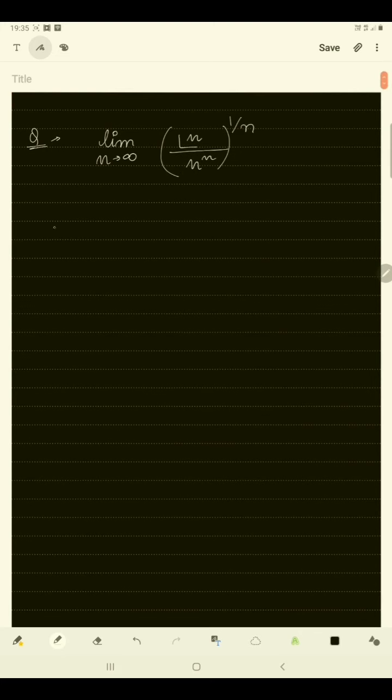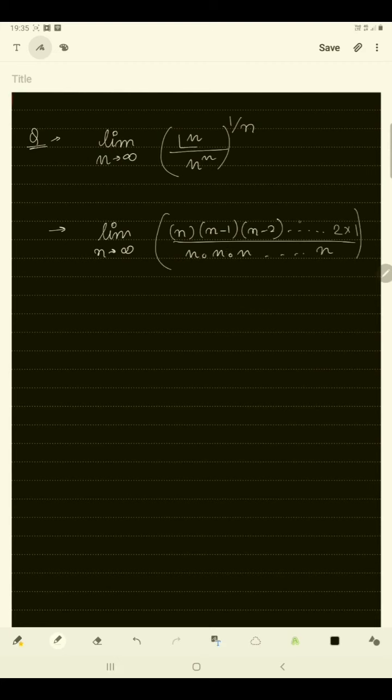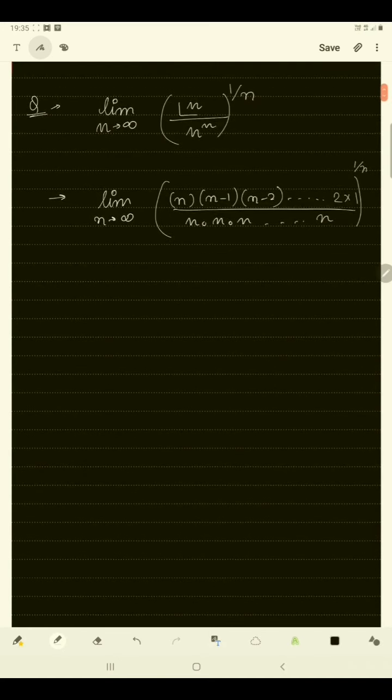Now if we simply write the terms that we have over here, just simplifying, we have n factorial. So we have n into n minus 1 into n minus 2 till 2 into 1 upon n to the power n. So we can write it as n into n till n times, whole to the power 1 by n. Now whenever we are stuck in such a situation, when we have terms in multiplication and a 1 by n in the power, we actually replace this term by an x. We take x as